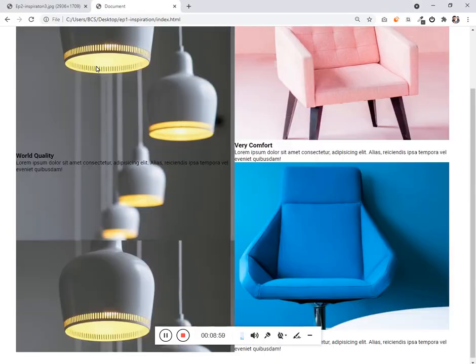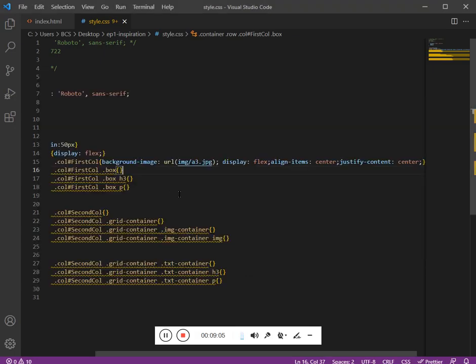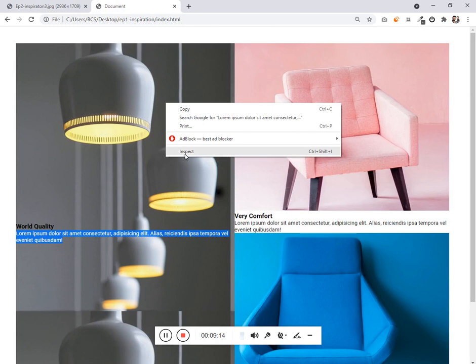Now if you see, this should be at the center. Fine. Now let's work on the box. We need a background color white for the box. So instead of typing here, we'll work in the inspect.